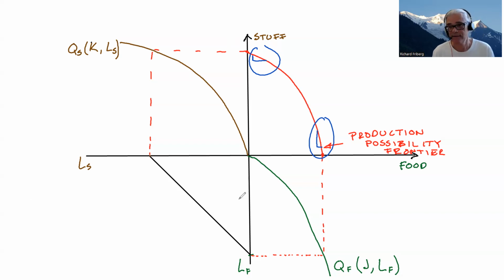So say that for some reason even more capital came to this country. What would happen? Well, the production function would be shifting out. We would have a new production function, okay? Which means that if everyone worked in production of stuff, we would have this much. So we would have an even more skewed production function. Okay. Yep, that's it for